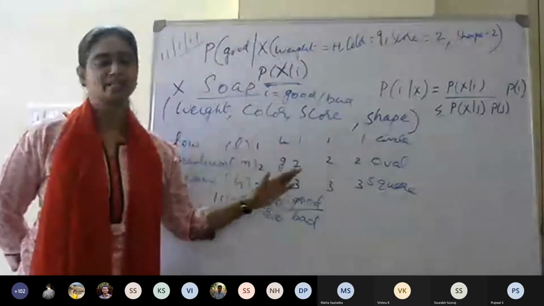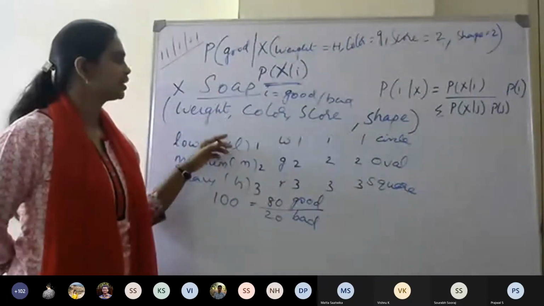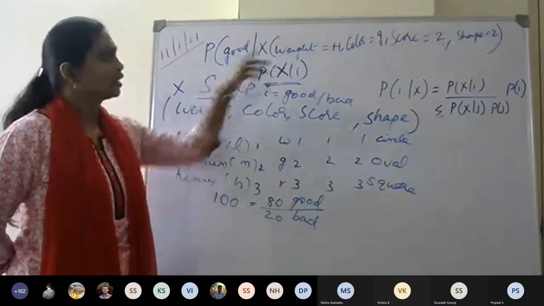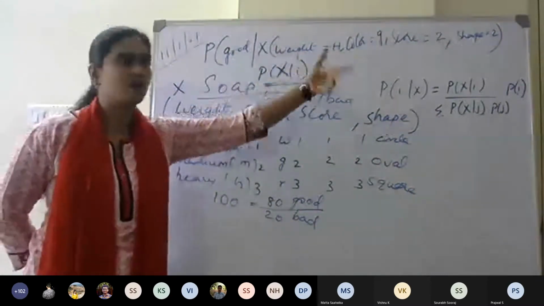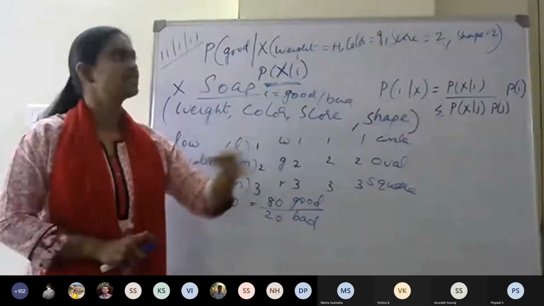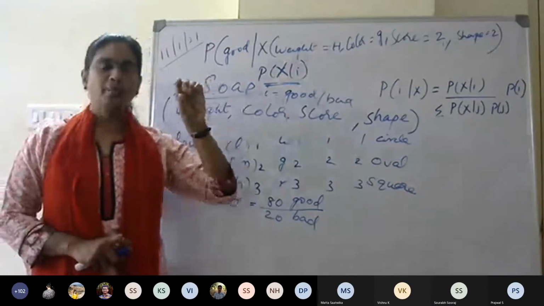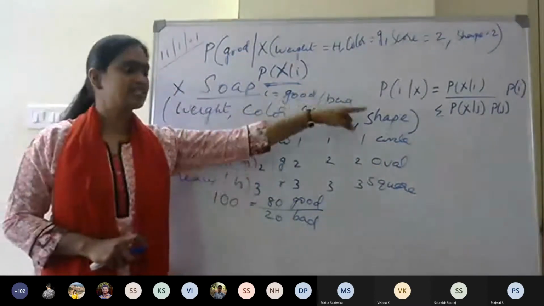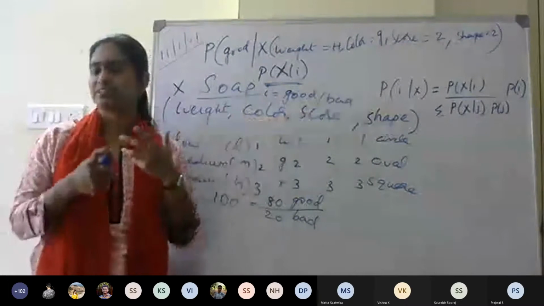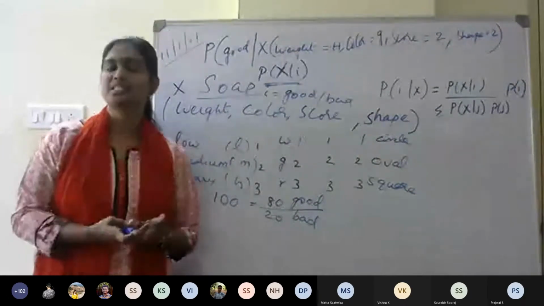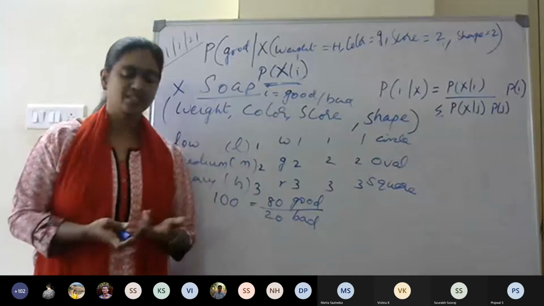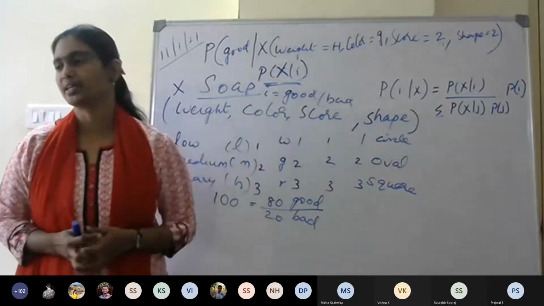There is a possibility that with weight alone you will have a good soap with different combinations, but we are not looking at that. Only with all these combinations, whether it is a good soap. If you get that probability, we can substitute it. But if it doesn't arise in my list, then we cannot use this Bayes theorem. That is the idea.